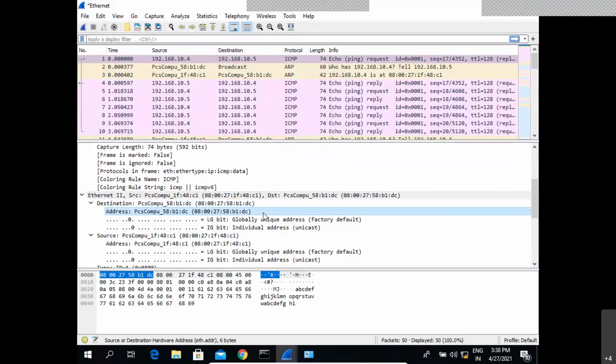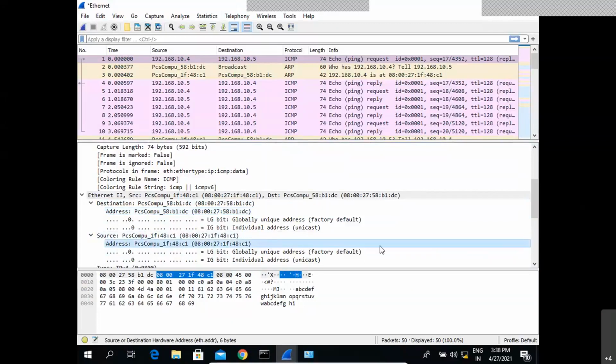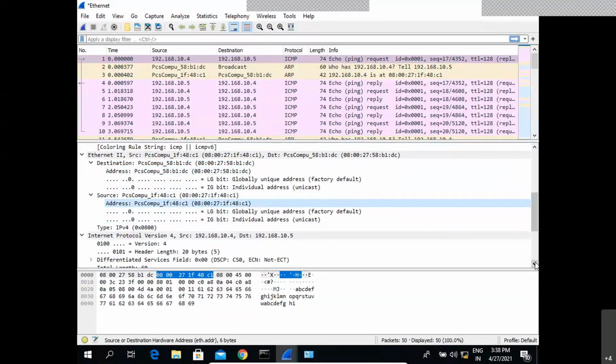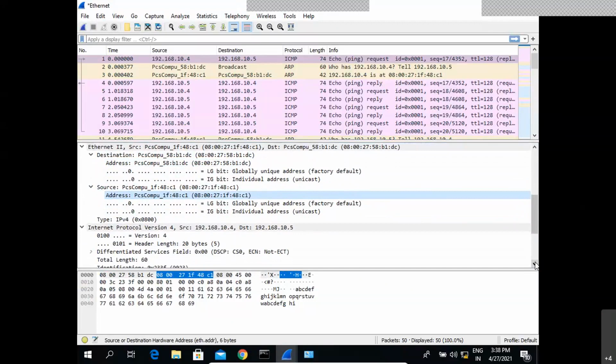It is the vendor by which this particular device has been developed, and the rest of the 24 bits belong to this particular device. This is how we can differentiate between the two different MAC addresses, one with respect to the destination and one with respect to the source. So this is about the data link or physical layer protocol, nothing but your Ethernet protocol, where we have only two parameters.